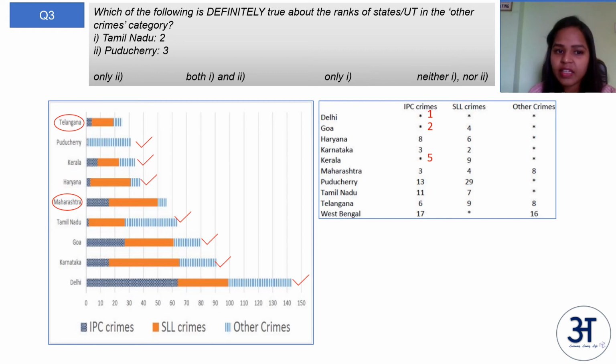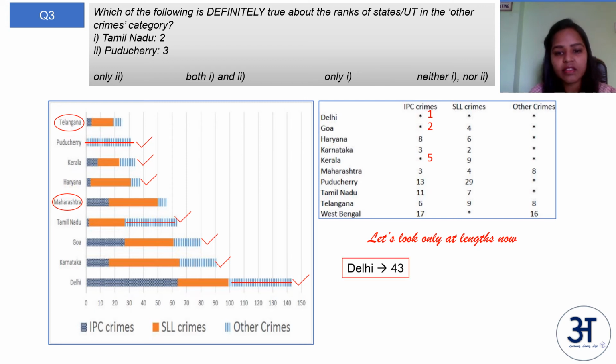So again, for ranking, I'm not going to rank 1 to 7 and then go to the answer. I will just, by looking, try to understand which are the top 3 or which are the top 4, and for which I need to calculate the numbers. So if you see clearly, Pondicherry, Tamil Nadu and Delhi are the only ones which are very high. Remaining are all definitely lower than this.